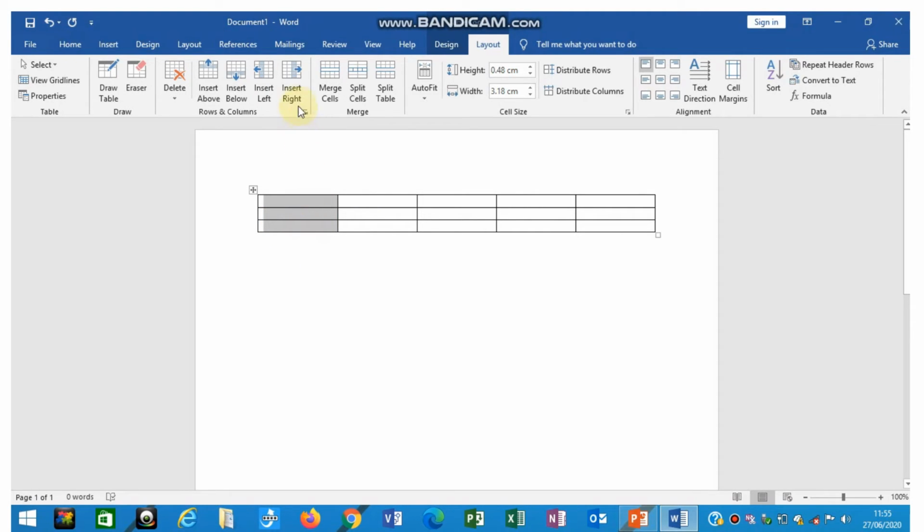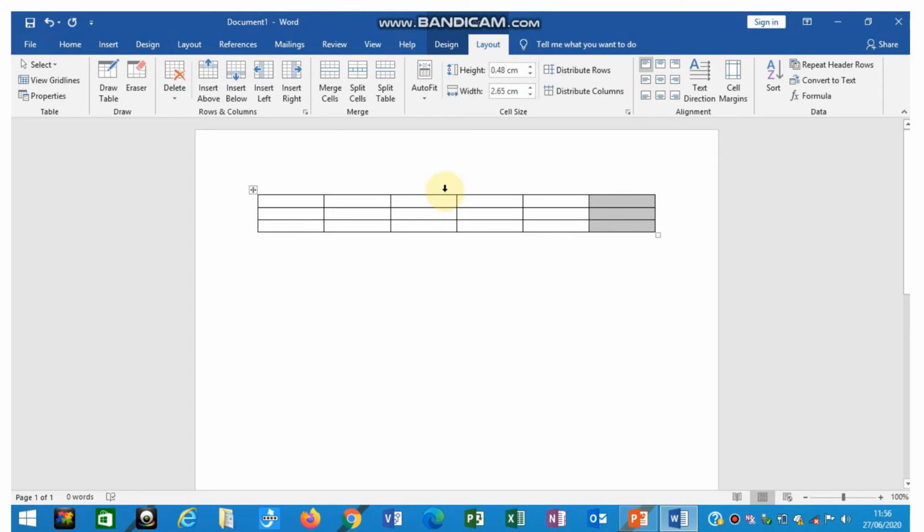Then suppose I want to insert one column at the end also, at the right side of the table. I will click here on the rightmost column once. After clicking there, again you have to select this Insert Right option. So after clicking on Insert Right, you can see that one more column at the end of the table has been added.